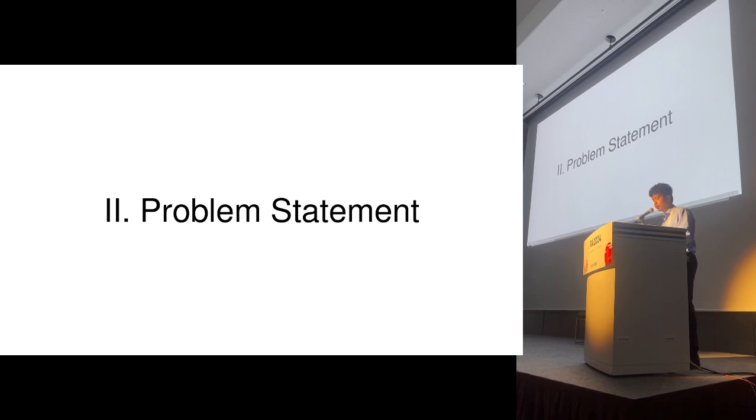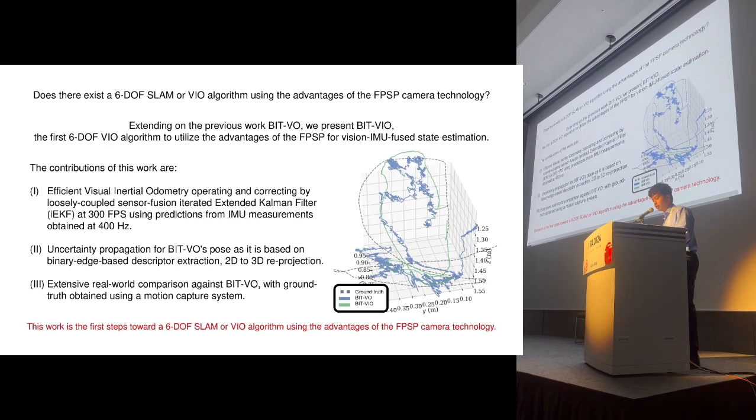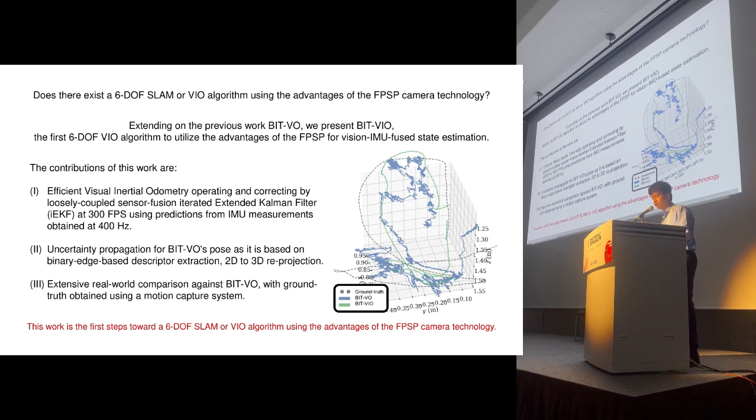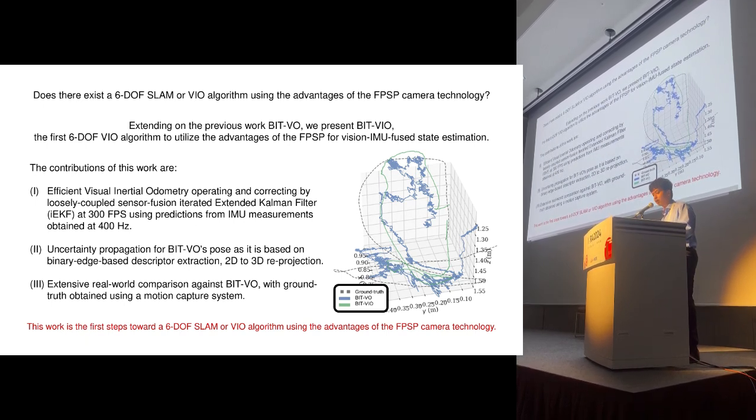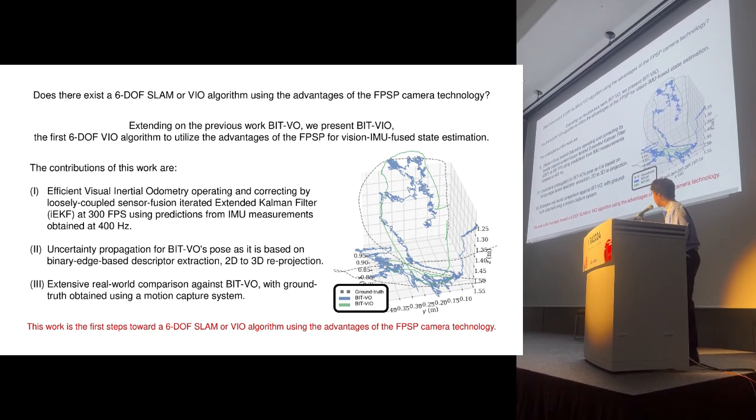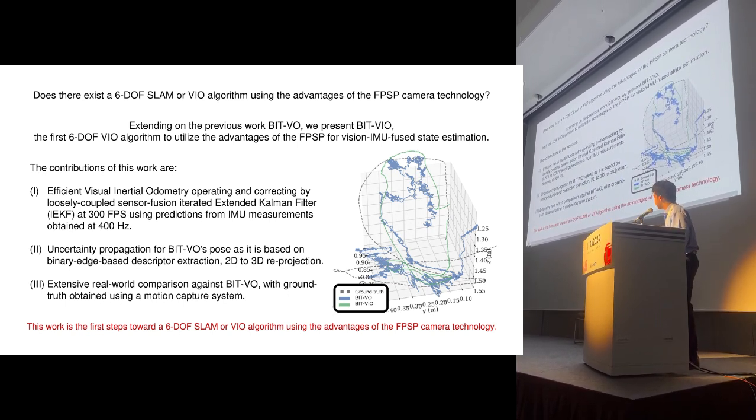So this is the problem statement of our work. We fuse and leverage it with more complex estimation with an IMU. And so now we have an FPSP VIO work, which operates with prediction at 400 Hz, updated at 300 FPS. We introduce a novel uncertainty propagation from 2D to 3D reprojection, and we do extensive real-world evaluation with a